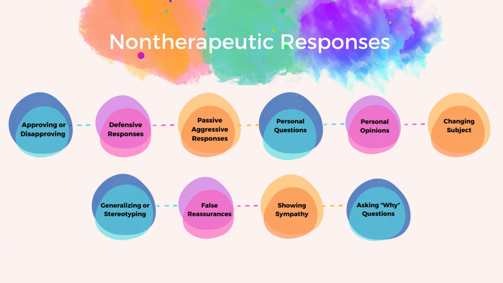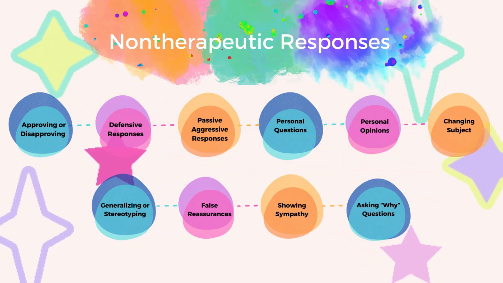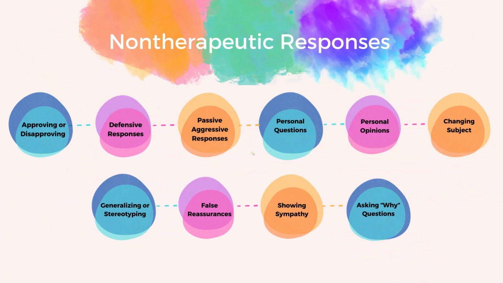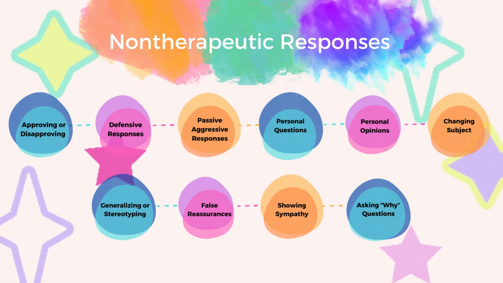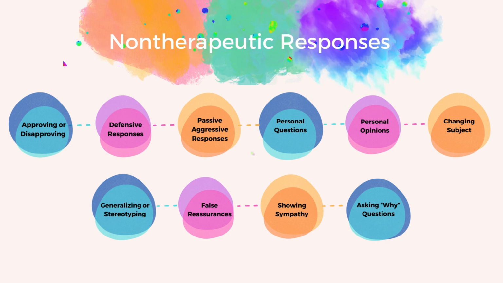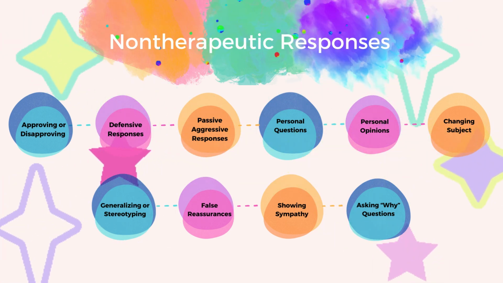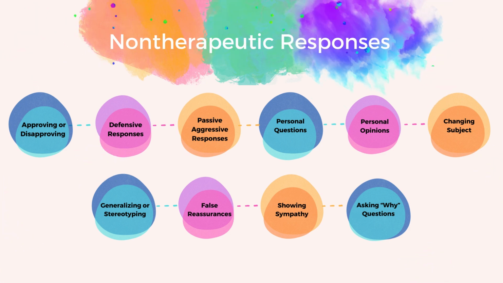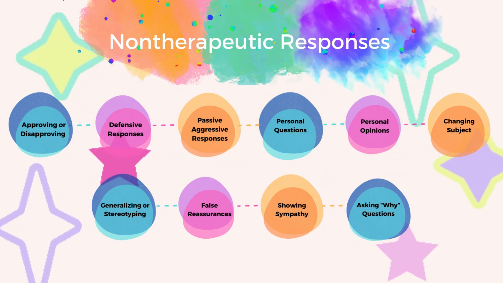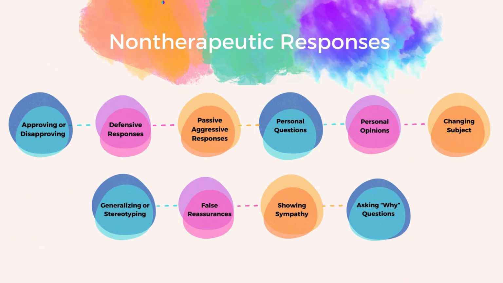Right after the table in Chapter 2, 2.3a, there's 2.3b, and that goes over non-therapeutic responses. Most people don't use non-therapeutic responses intentionally. They don't understand that it's non-therapeutic and the impact that it can have on the patient, especially things like asking why questions or showing sympathy. Sometimes it seems like those are well-placed responses. However, they are not therapeutic, and take a look at the table in your text and get a good idea of why and some examples.